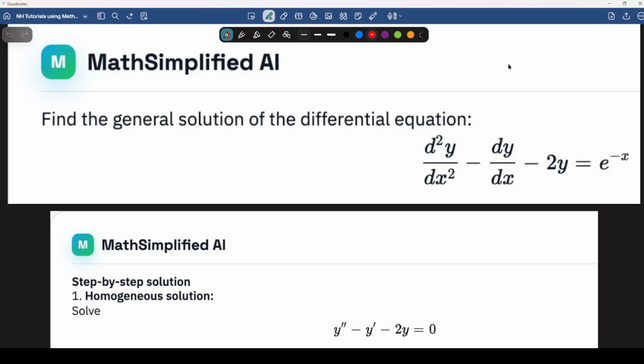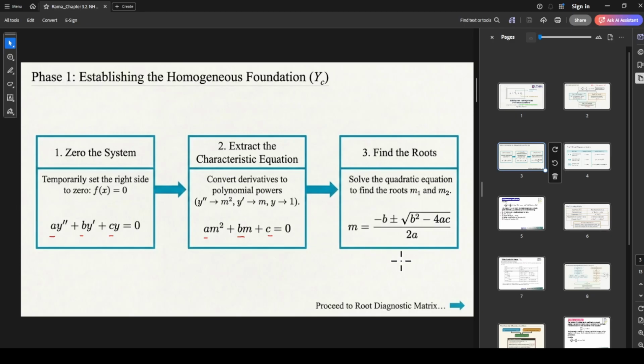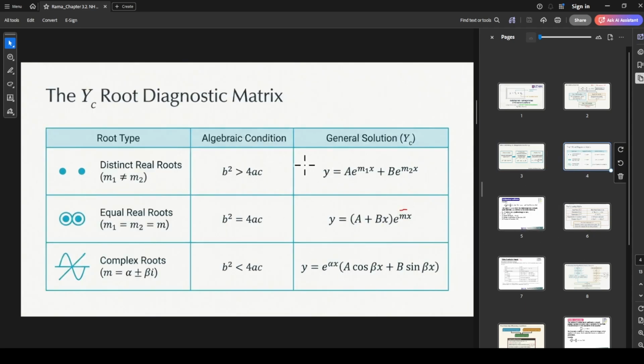Okay, for the next questions, find the general solutions of the differential equation d squared y over dx squared minus dy over dx minus 2y equals e to the power of minus x. The characteristic equation will be r squared minus r minus 2, and the roots for this quadratic are (r minus 2)(r plus 1), which indicates that r1 equals 2 and the other root is negative 1. This indicates that the general solution for this function will be in the form of y